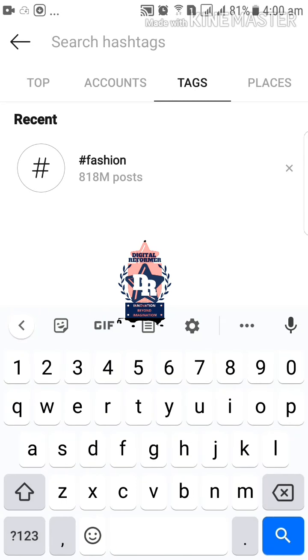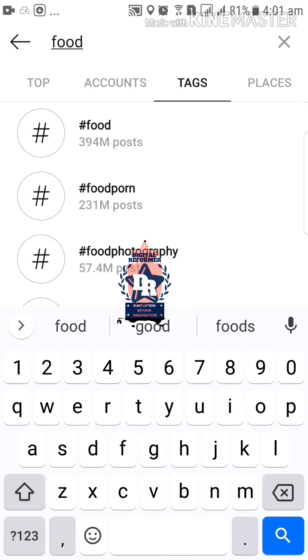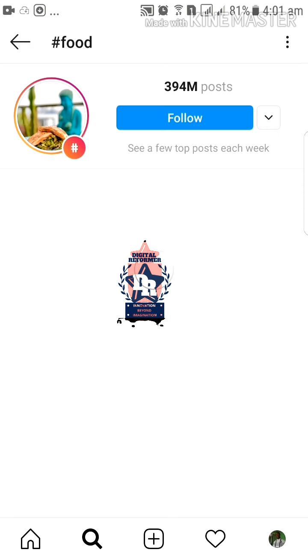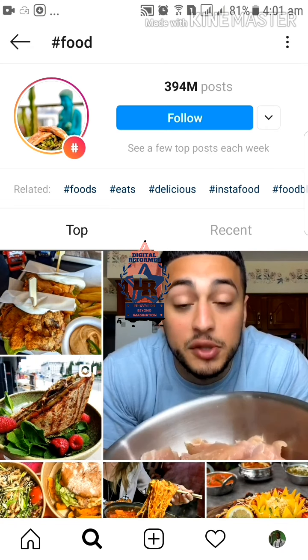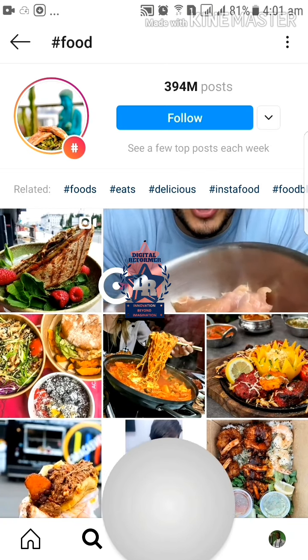For example, you can also enter. Let's think what hashtags should we enter. Let's say food. You see, so they are always posts, but most of the time they don't have